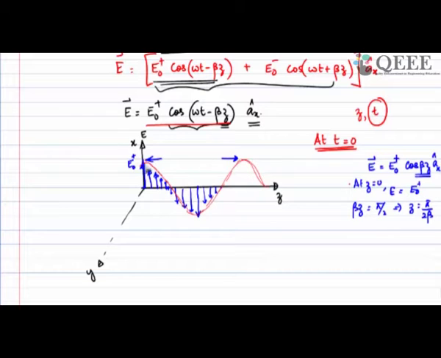It started with 0. So this corresponds to beta z equal to pi by 2. This would correspond to beta z is 3 pi by 2. This would correspond to beta z equal to 2 pi, which means